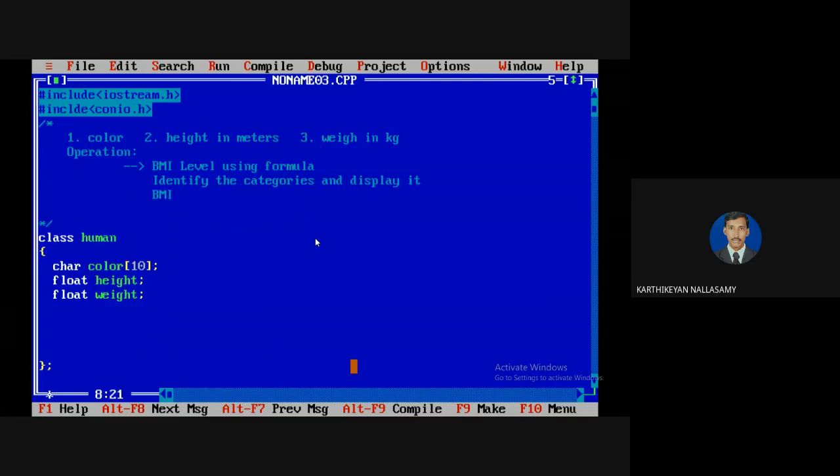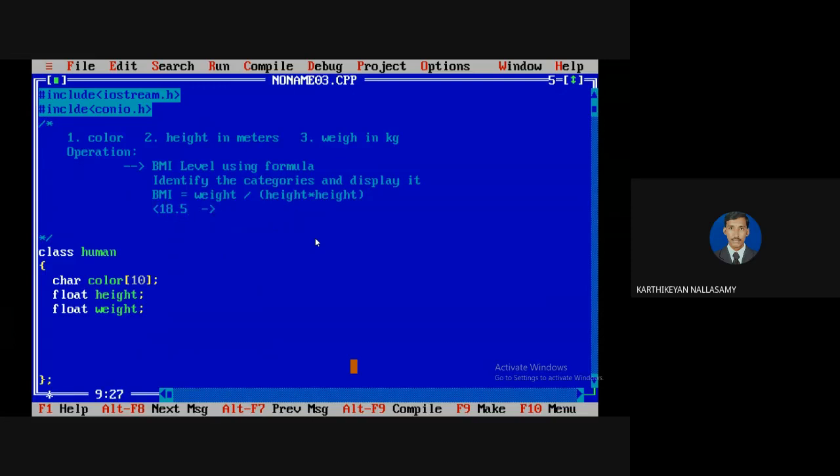BMI is equal to the weight of the person divided by height squared, so height into height, or maybe you can use the power method also. Once the BMI is calculated, there are 4 categories.